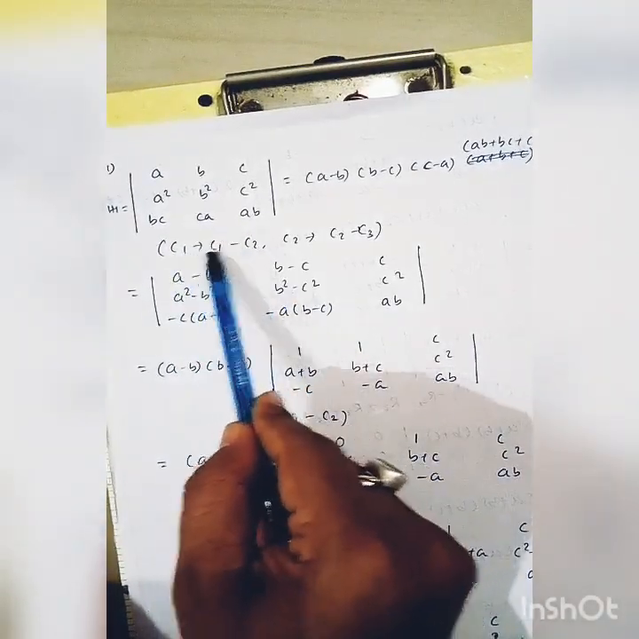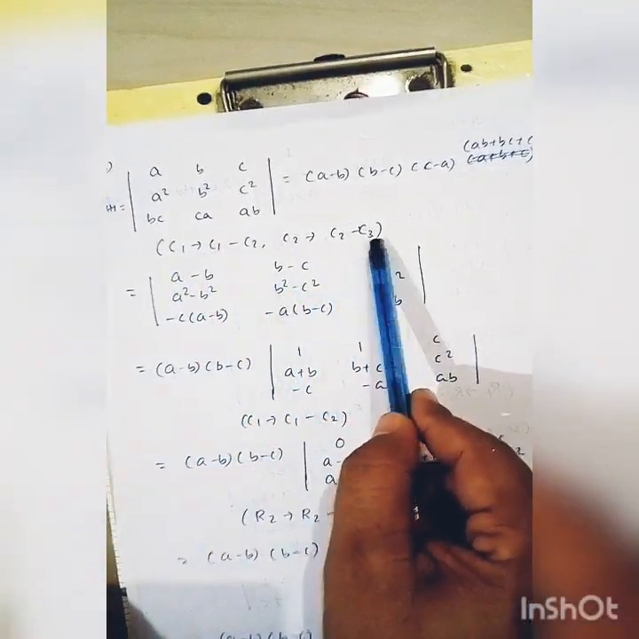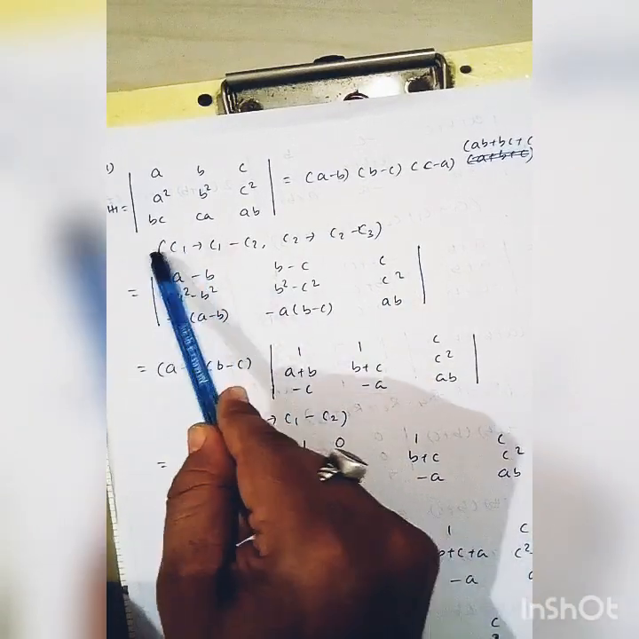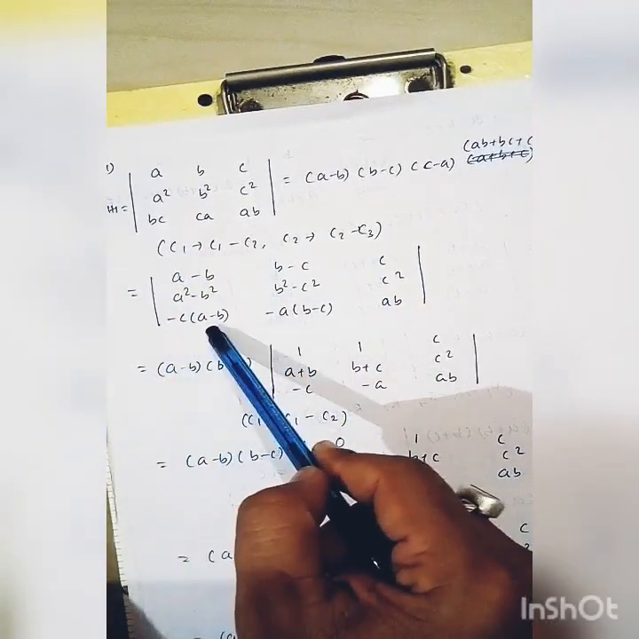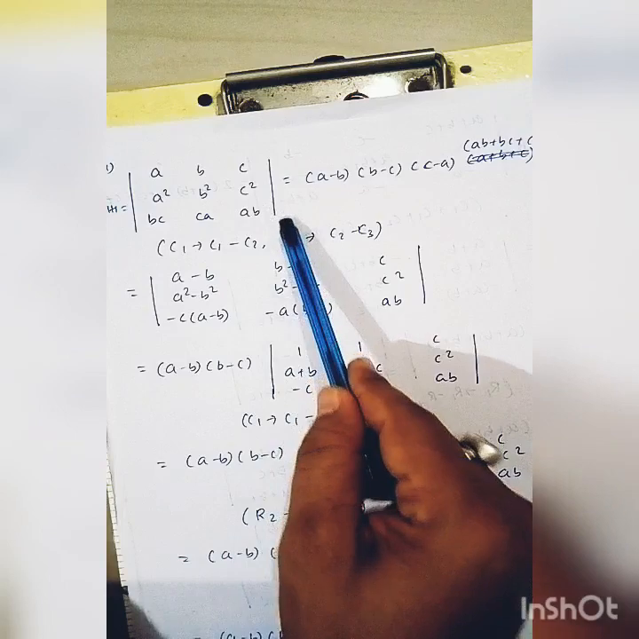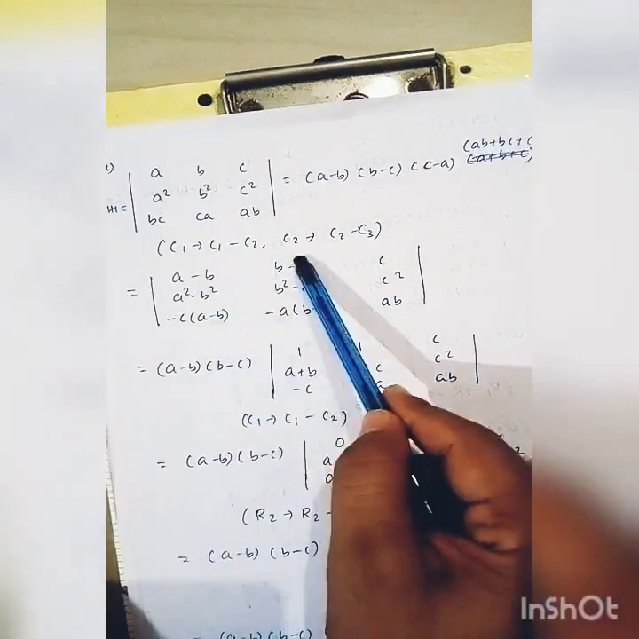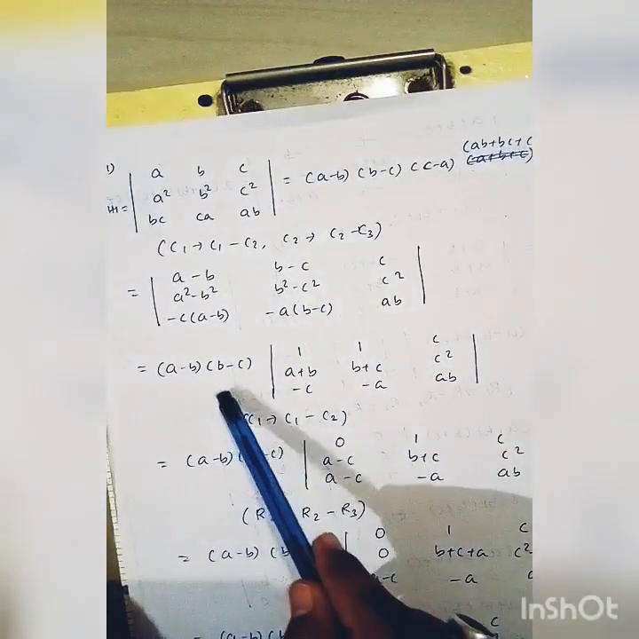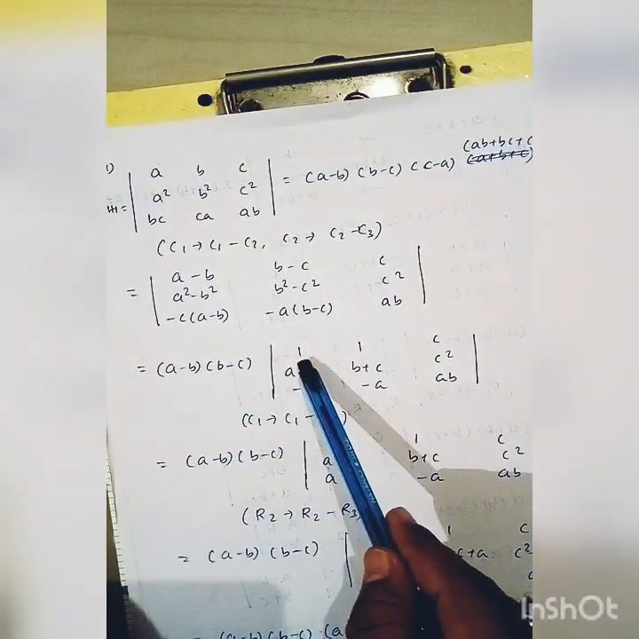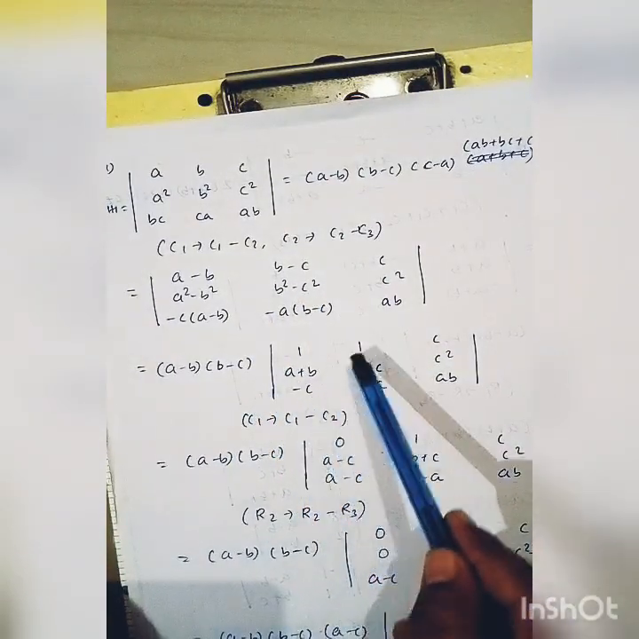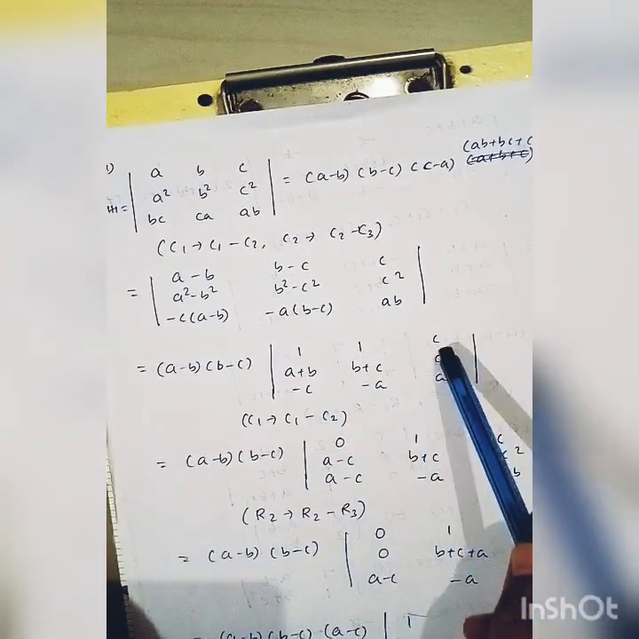So use this property column 1 minus column 2, column 2 minus column 3. We get a minus b, a square minus b square, bc minus ca, we can write minus c into a minus b. Similarly ca minus ab, we can write minus a into b minus c. Again by taking common a minus b from column 1, b minus c from column 2, we get a minus b, b minus c, it is 1 a plus b minus c, 1 b plus c minus a, c square a